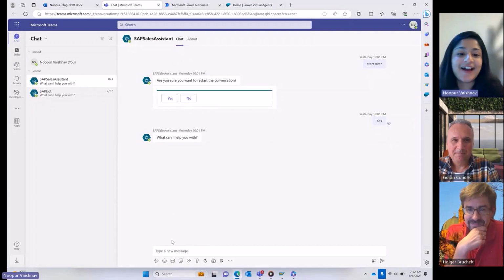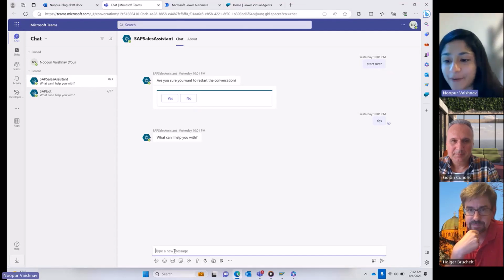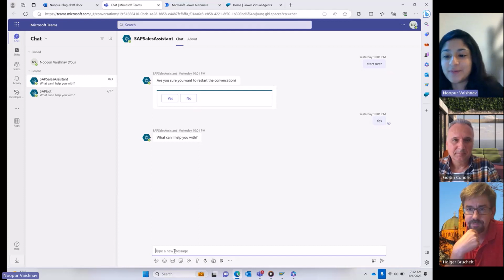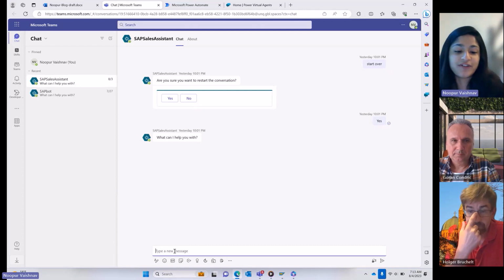Yeah, so basically this is the Teams interface, and this is just a bot that's developed and deployed using Power Virtual Agents. And so that's how you have the interface on Teams. But this bot is now your sales assistant, and I'm going to pretend to be a salesperson talking to a customer. And let's say before I talk to my customer, I want to get a short summary of the products that are there in my system. So I could just ask the bot,